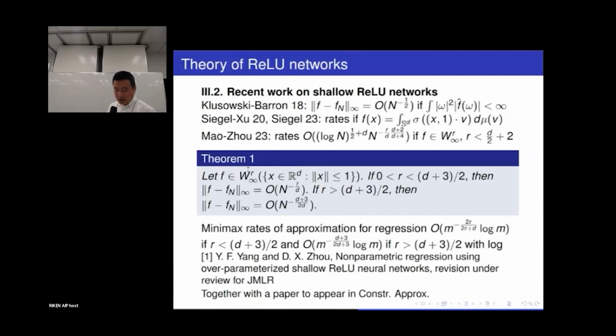If r is greater than (d+3)/2, then it's n to the minus (d+3)/(2d). With these rates of approximation, we can derive almost minimax rates of convergence for regression,